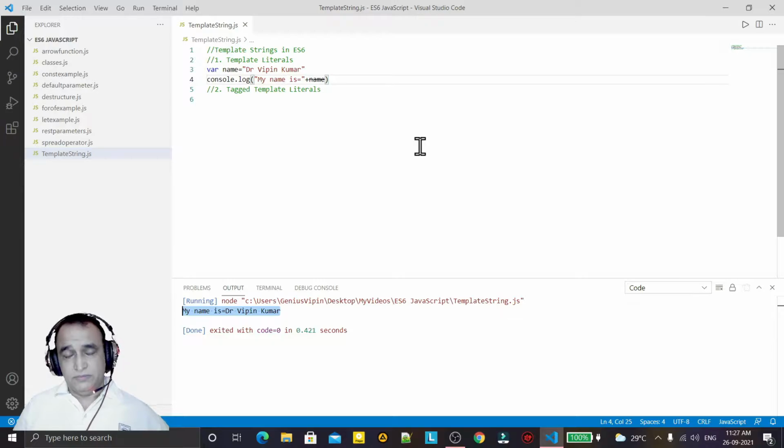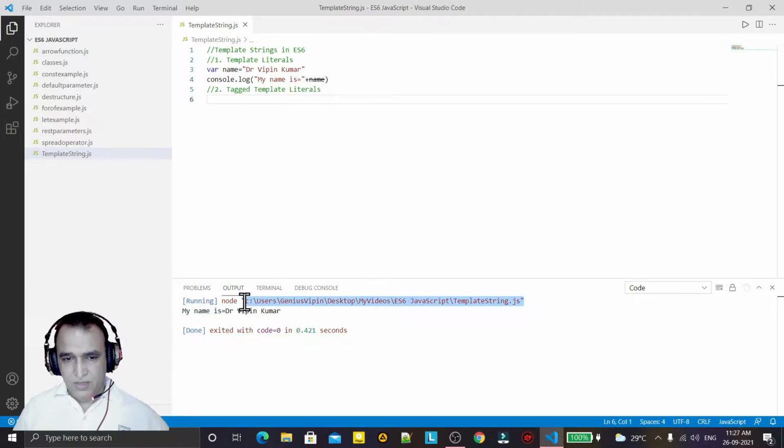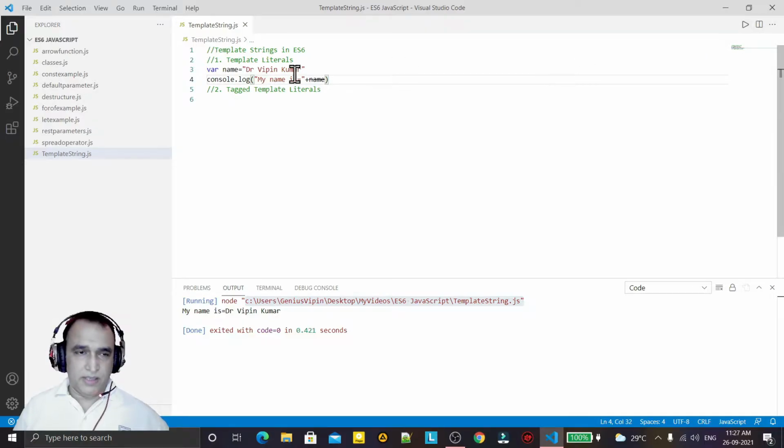That's the older one, and for running this I have installed Node.js. You see node and the file name automatically coming, and for running this I have installed the code runner plugin in this VS Code editor.